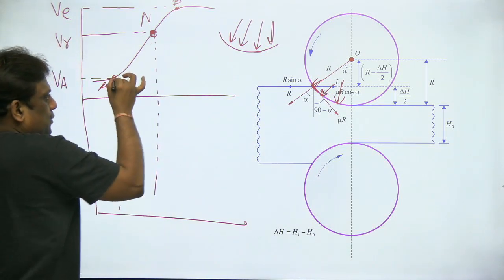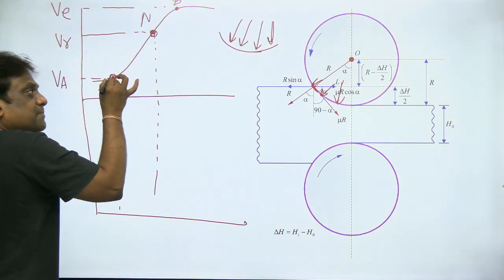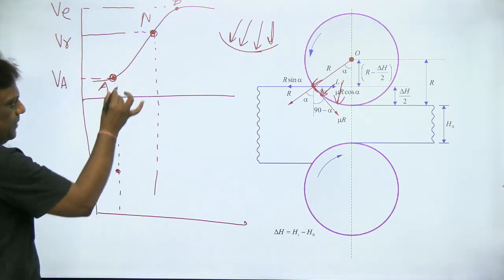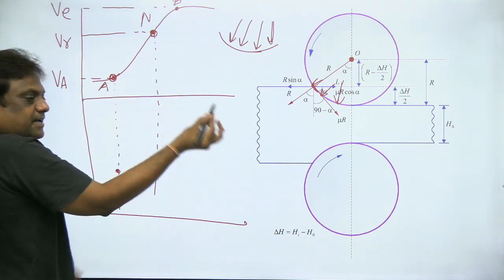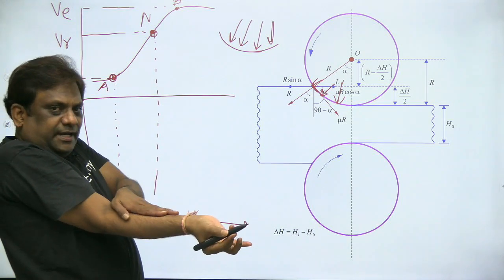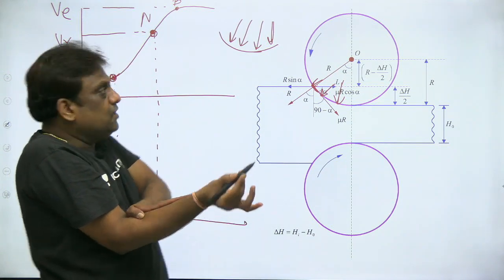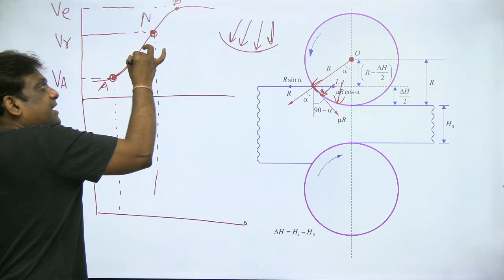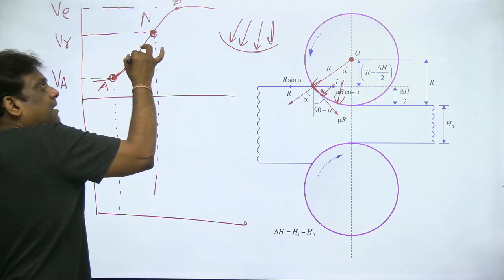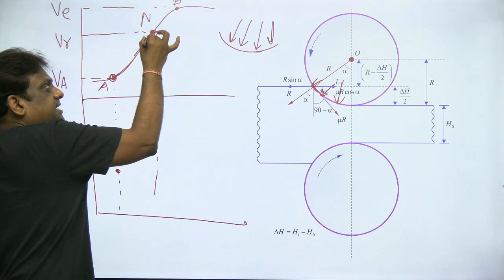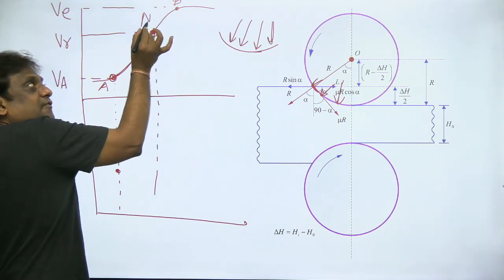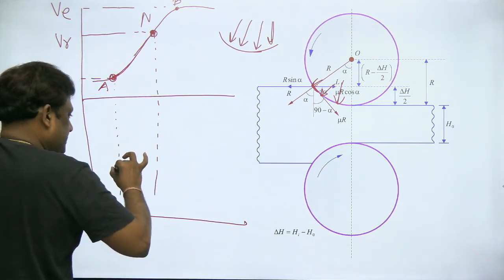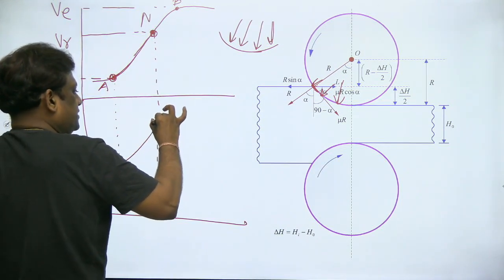First I'll talk about the lagging zone. What is happening in the lagging zone? Slip is maximum here, so pressure will be minimum, and slip is decreasing. When the slip is decreasing, it is coming closer. The difference between my component and the roller velocity is decreasing. So here the slip is 0. When the slip is 0, the only forces are normal, that is pressure. So it is increasing, reaching maximum.